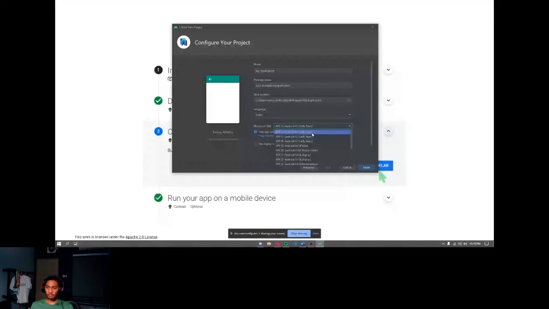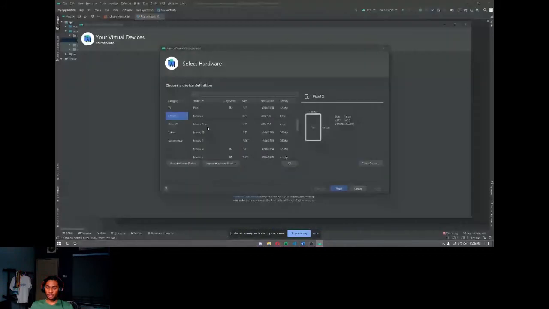Here we have many mobile models that we can choose. For me, I'm going to go with 3A XL. It doesn't matter. You can use this later when you want to try your app, whether it's compatible with lower or higher dimensions.